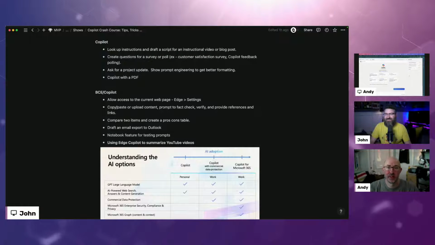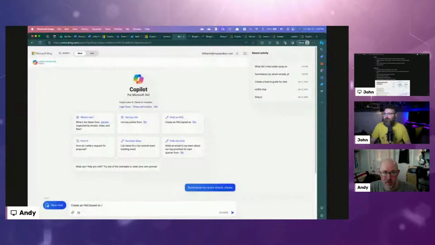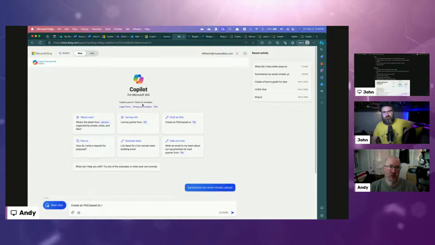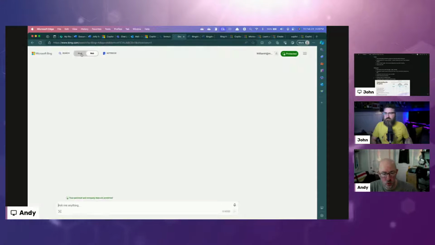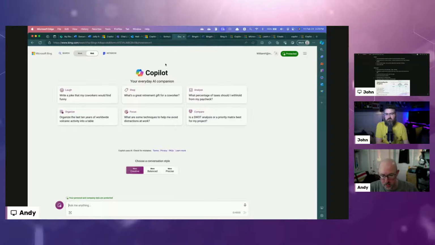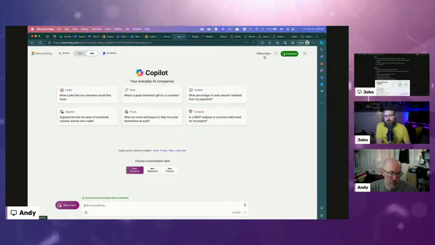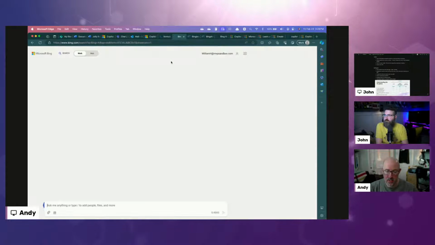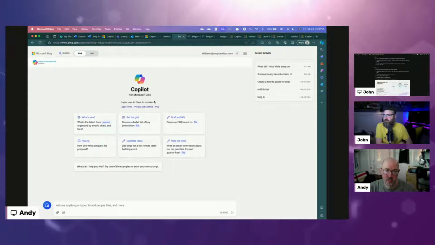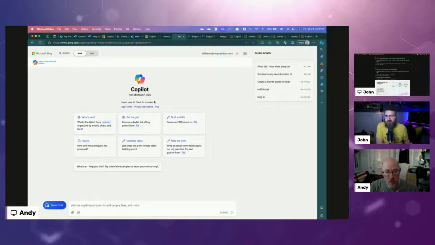So transitioning, we're moving to Copilot for Microsoft 365. This is the work tab, but we're going to go back and forth between work and web. Web is Copilot for Enterprise, formerly known as Bing Chat Enterprise, and then the work tab is the Copilot for Microsoft 365. In my opinion, this is the most powerful Copilot experience that we have because this one